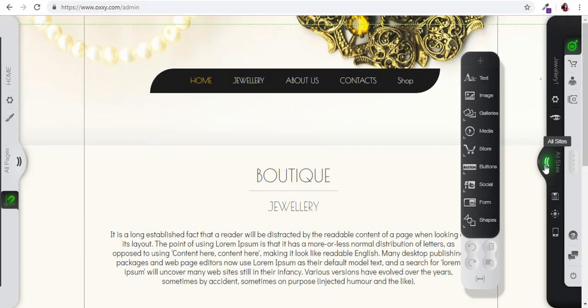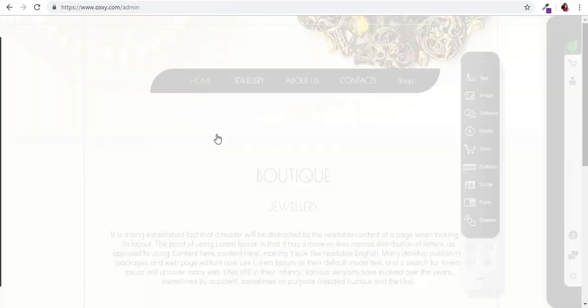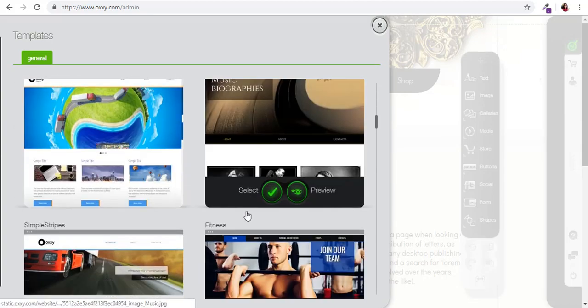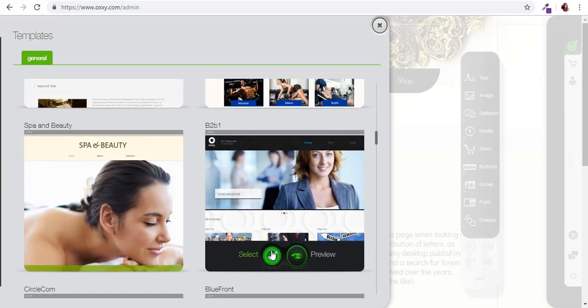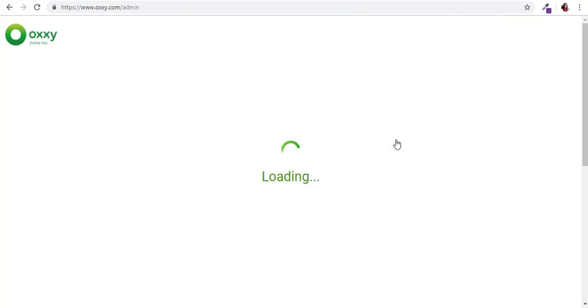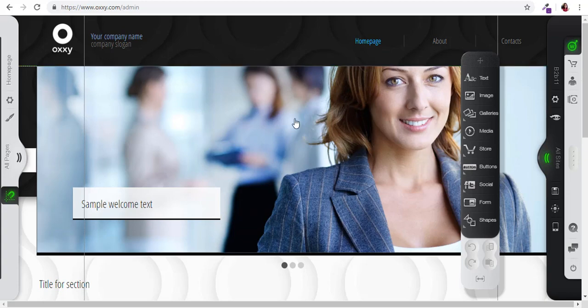Now I'm going to show you how to build a company website from the beginning. Here you are. You have to select a template from our gallery. I'm using the free account. Here it is the design. Now the first more